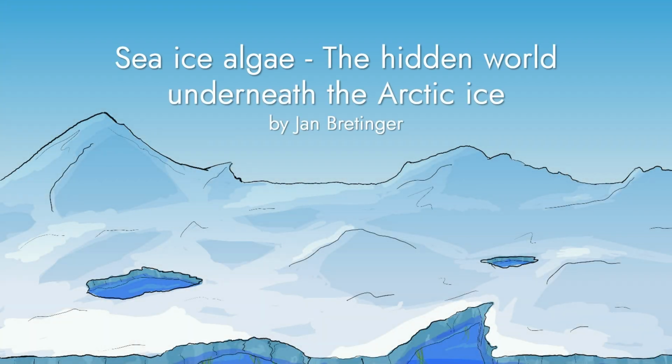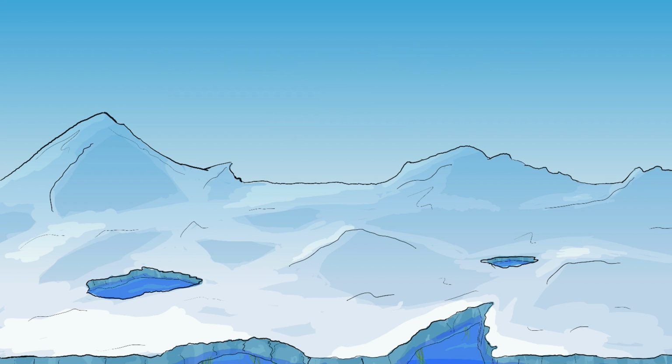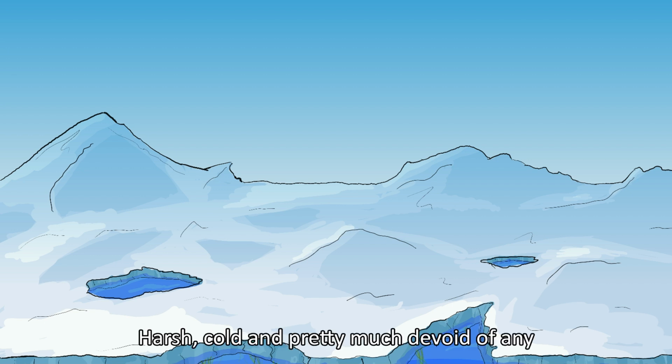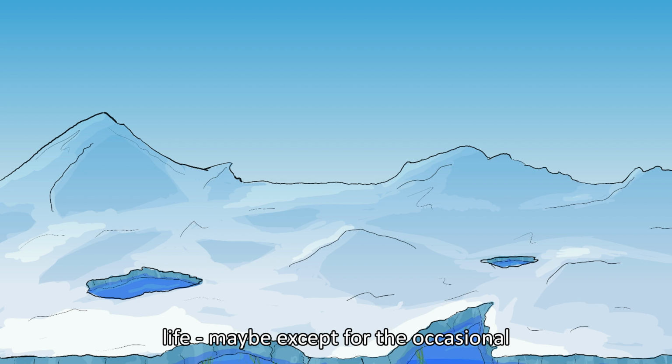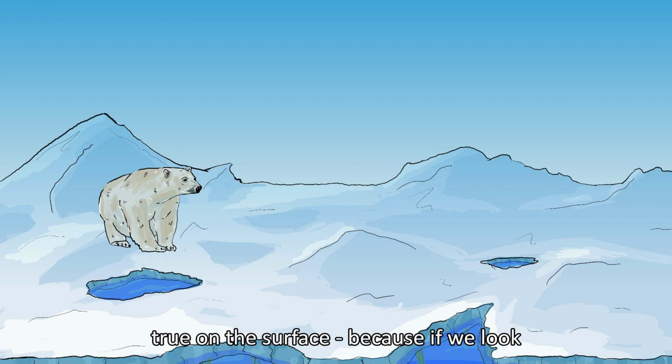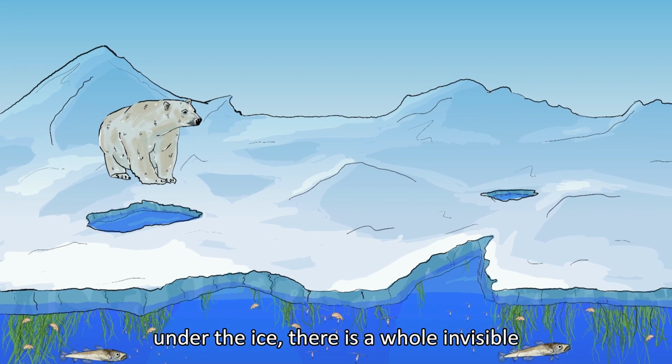Sea ice algae, the hidden world underneath the Arctic ice. When you think of the Arctic, you probably imagine a landscape like this. Harsh, cold and pretty much devoid of any life, maybe except for the occasional polar bear. But this is only true on the surface, because if we look under the ice, there is a whole invisible